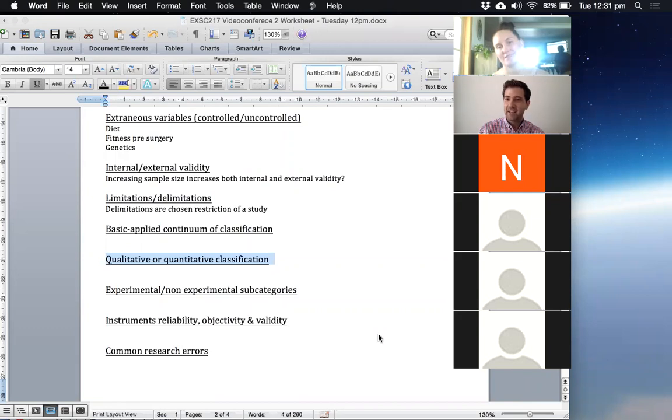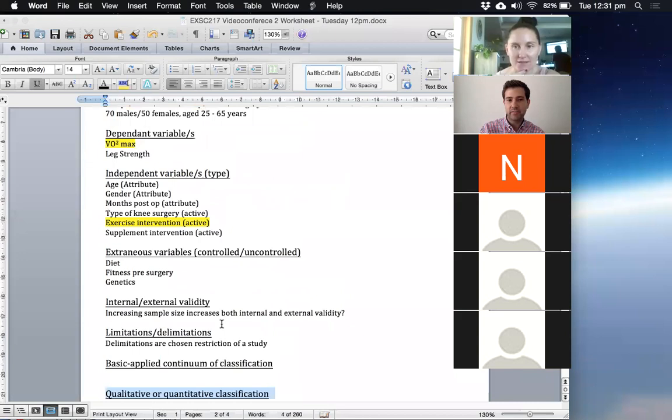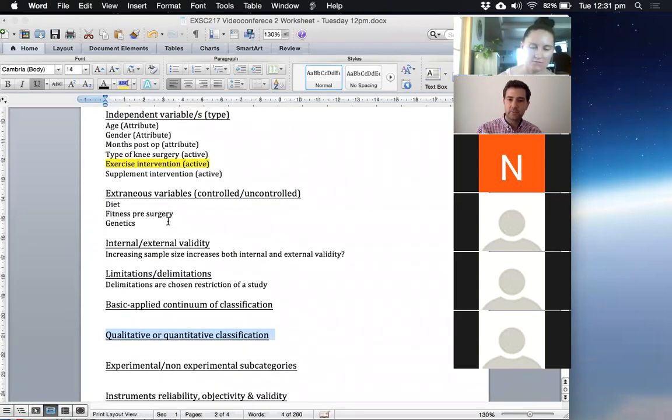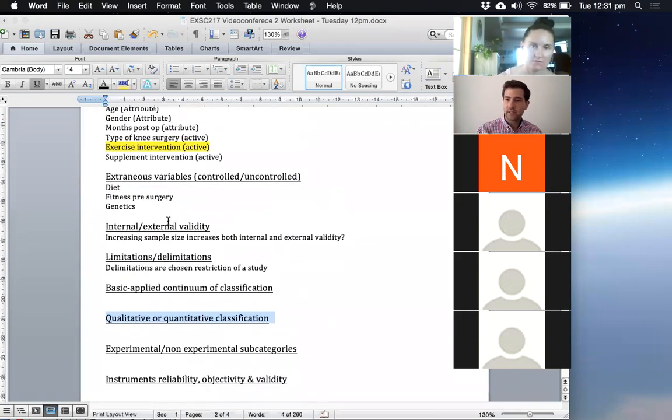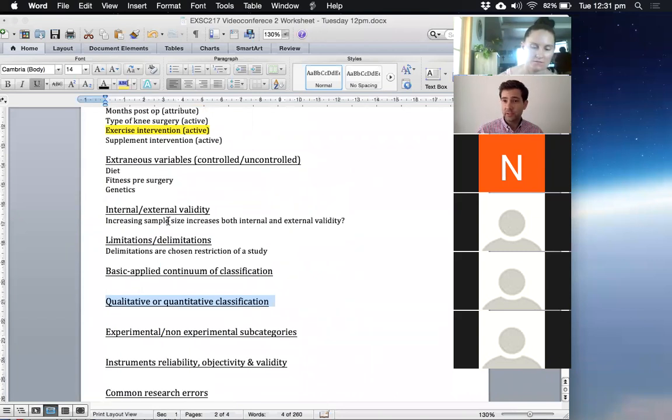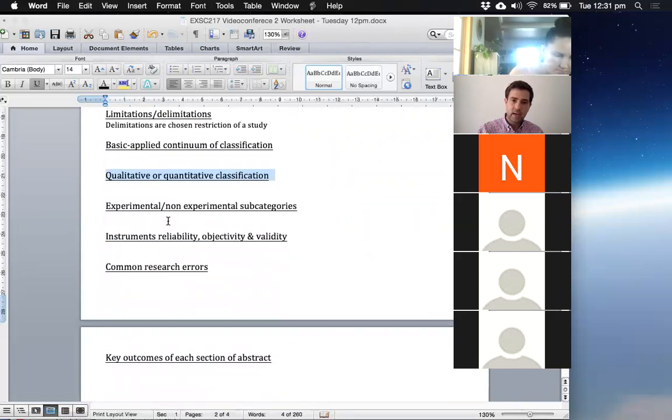So, qualitative or quantitative, if we're measuring VO2 max and comparing groups on exercise intervention? Quantitative, yeah, nice. Okay, so you will get a question on that in the mid-semester exam, and hopefully that's the easiest question you get. If we're collecting numerical data in the research, then it's quantitative research. So that should be fairly easy for you.